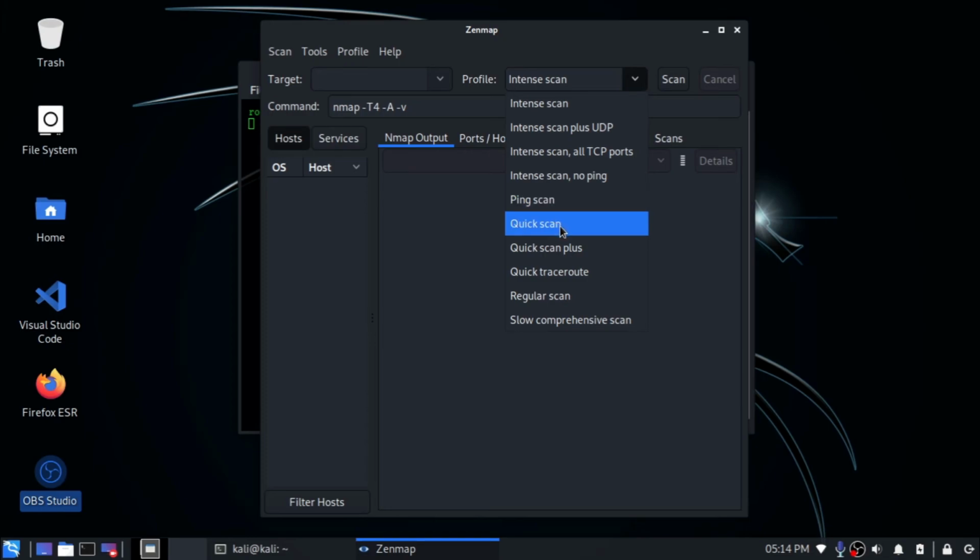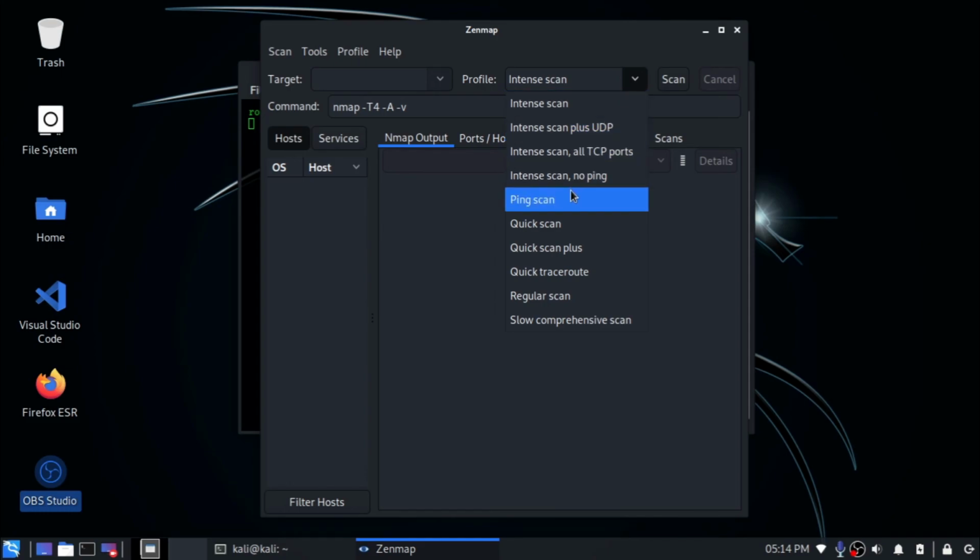But if we run a quick scan or a quick scan plus, it will give some additional information like the services running on the particular device or the OS which is running on the particular device. These types of scans have different running times, so you can use any one of them.